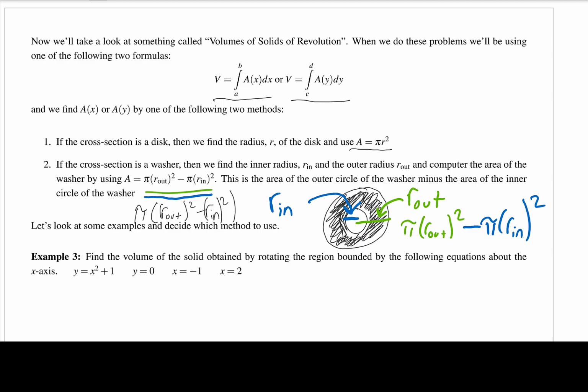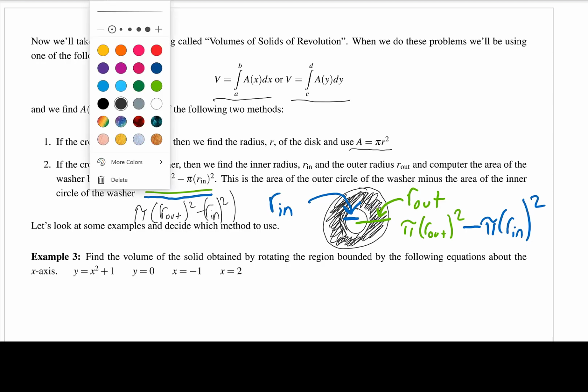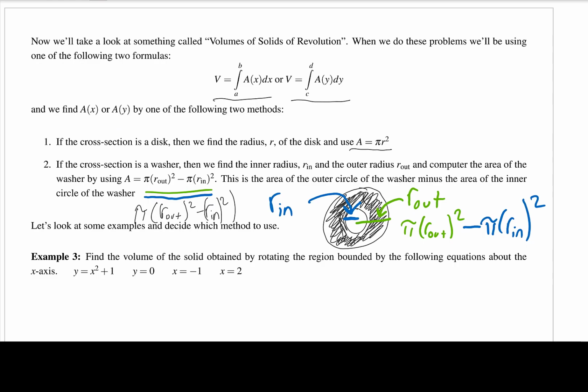Okay, and what I'm going to be doing is talking about this thing called a gap, when we know when to use a disk and washer based on whether we have a gap or not. It may not make sense right now, but hopefully it will in a little bit once we start drawing out some pictures. So this is for number 1, the disk method. This is when we have no gap